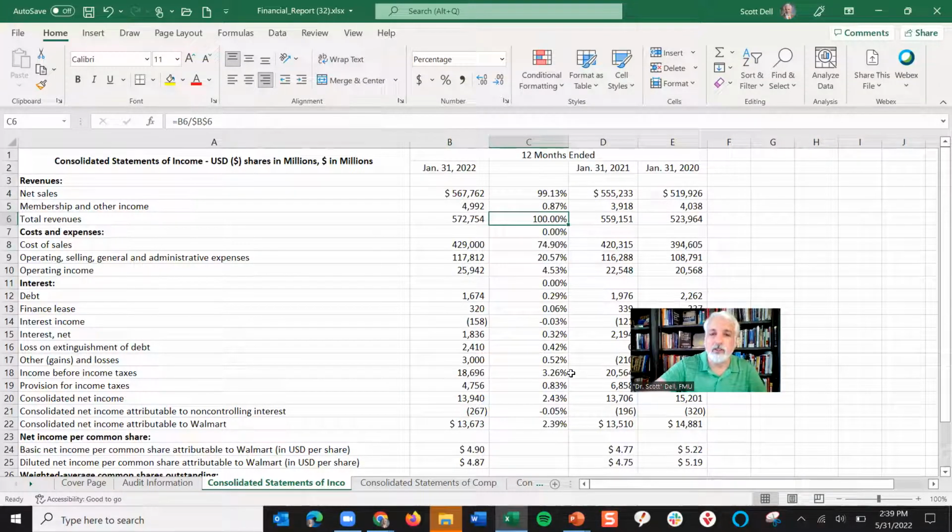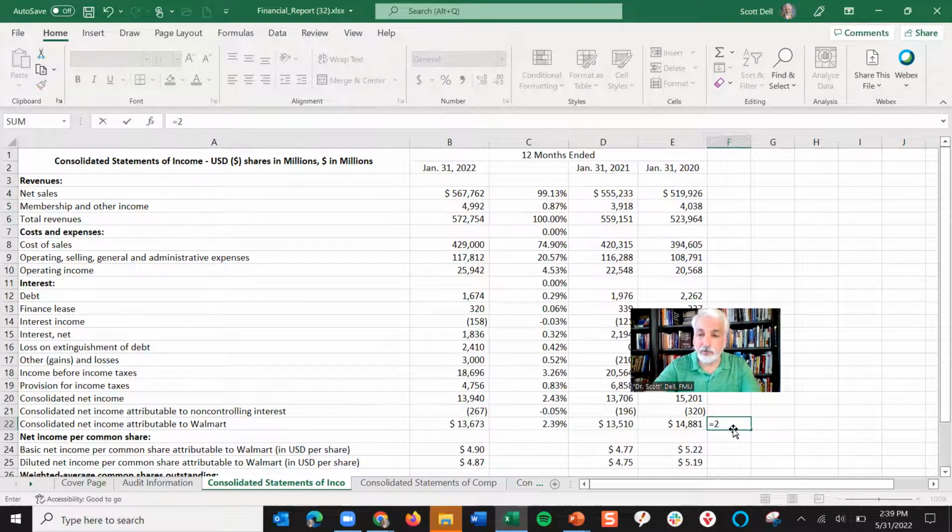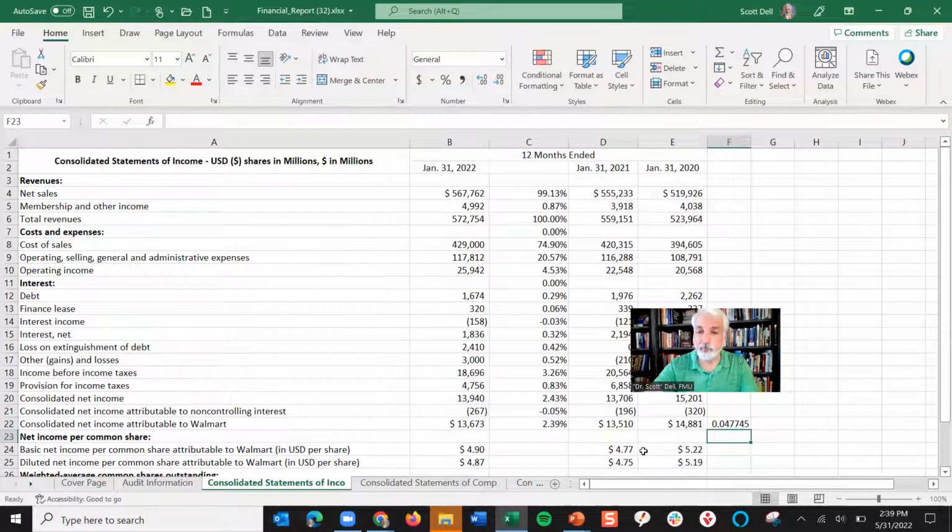But I'm just worried about the current year ending January 31, 2022, and I got 2.39%. So this is telling me if I have $1 in sales, about 75 cents went to pay for the cost of goods sold. If I have $2 in sales, I got about $1.50. So my milk probably cost $1.50 roughly, if it's consistent, on $2 of milk. But I go here, I'm going to multiply that out, equals $2 times my 2.39%. Okay. And I'm going to make this in dollars and cents right now.